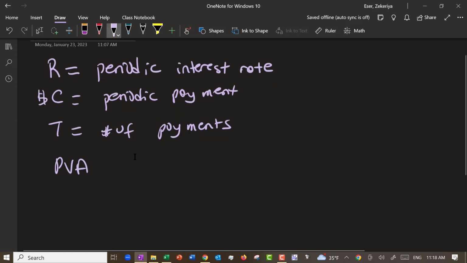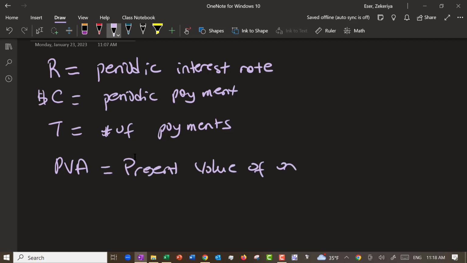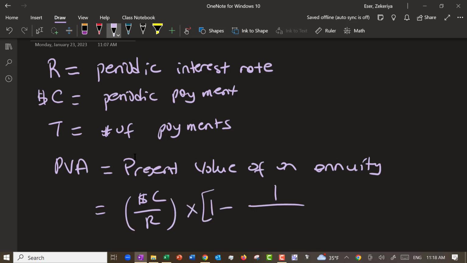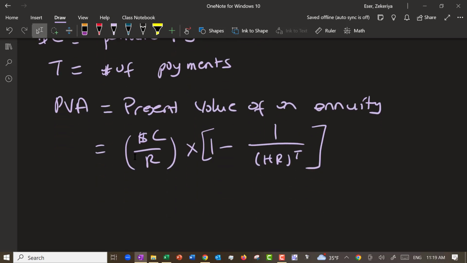Then present value of an annuity is equal to this ugly formula. And future value of annuity is